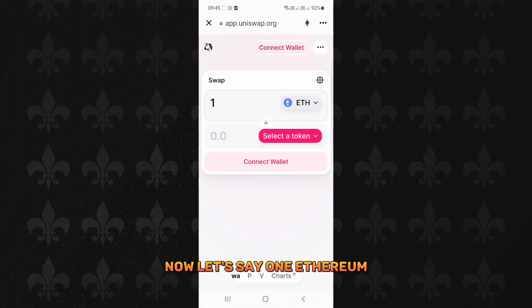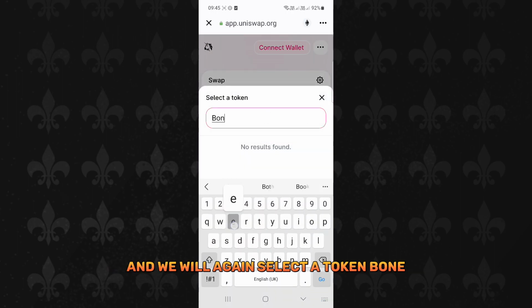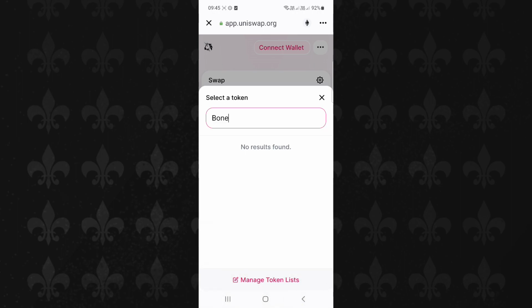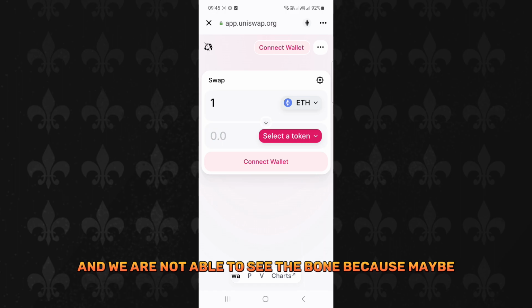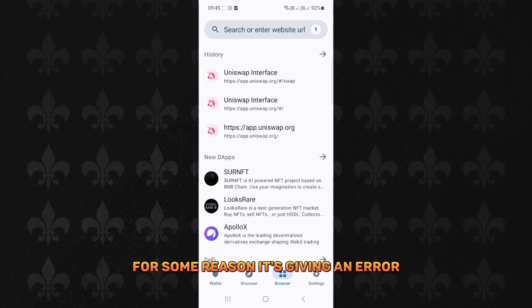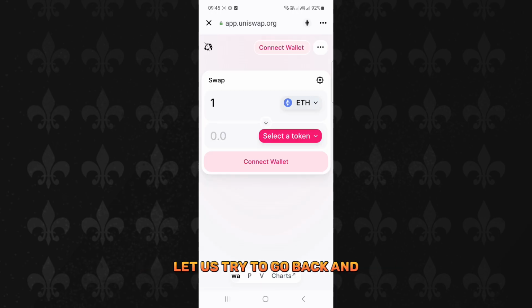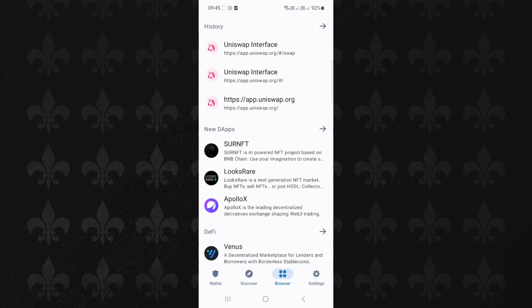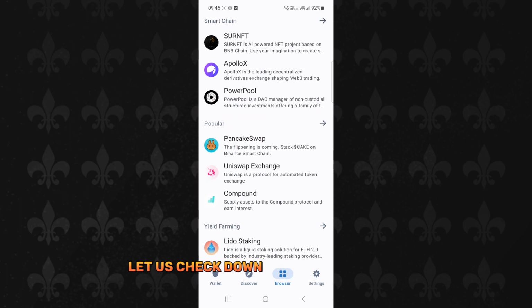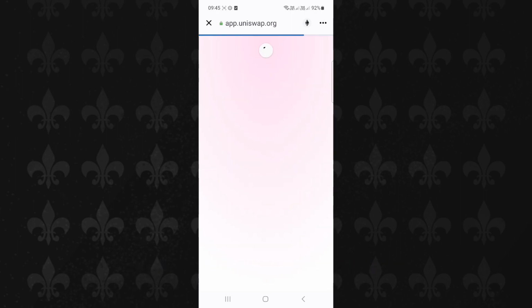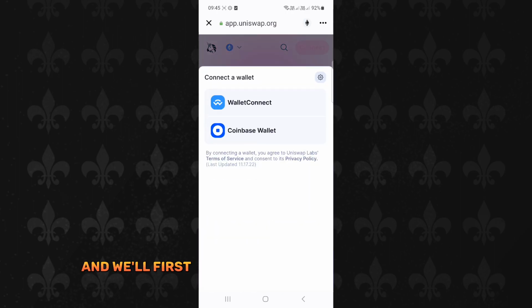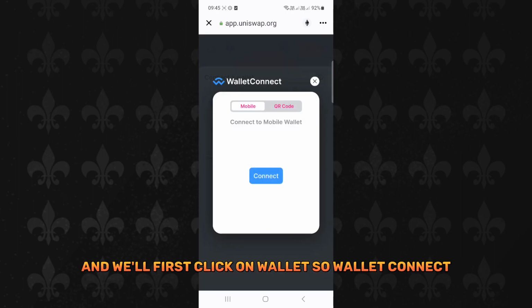Now let's say 1 Ethereum, and we will again select the token Bone, and we are not able to see the Bone, maybe because the wallet is not connected. For some reason it's giving an error. Let us try to go back and go to Uniswap again. Let us check down Uniswap exchange, and we will first click on wallet. So wallet connect,